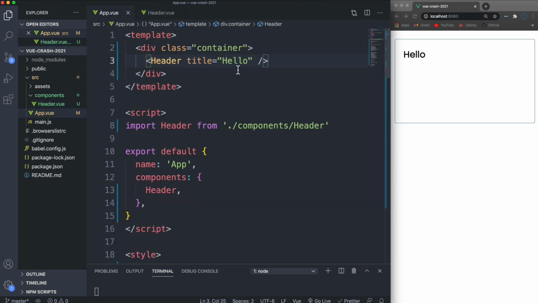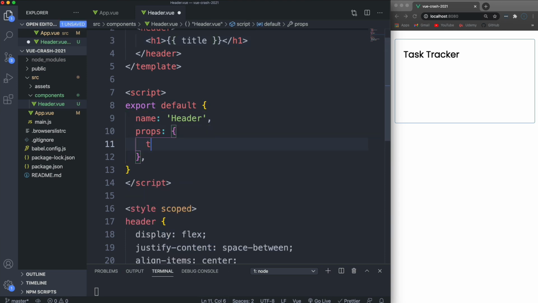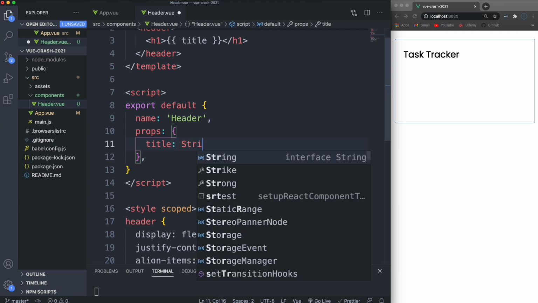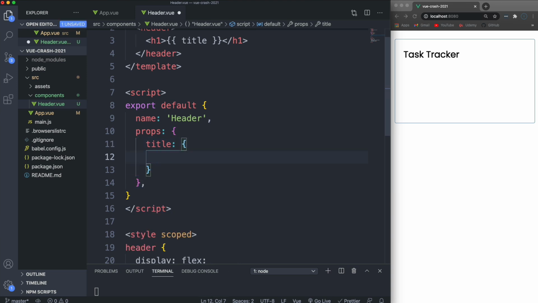I'm just going to change that hello now to task tracker. And then if you want, you can also define your props as an object. So we can say title, and you can specify a specific type, so string. So you see that'll work as well. Another thing you can do, if you want to take it a step further and have a default value,